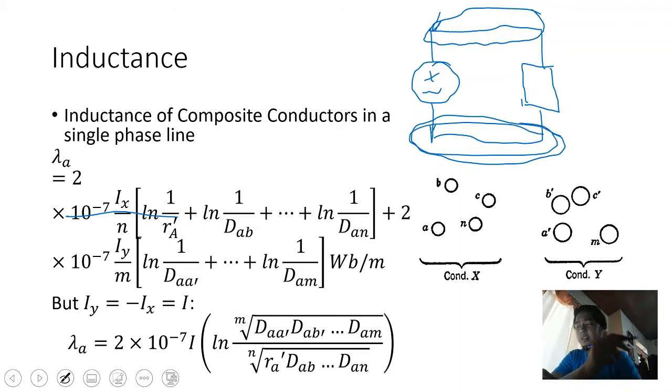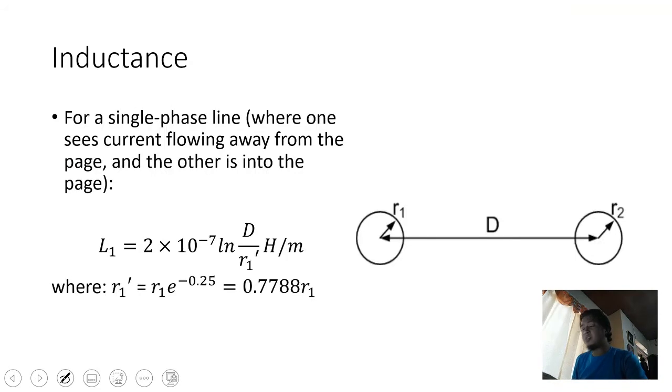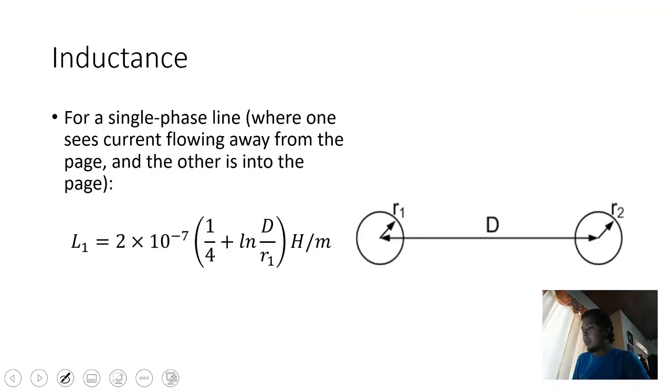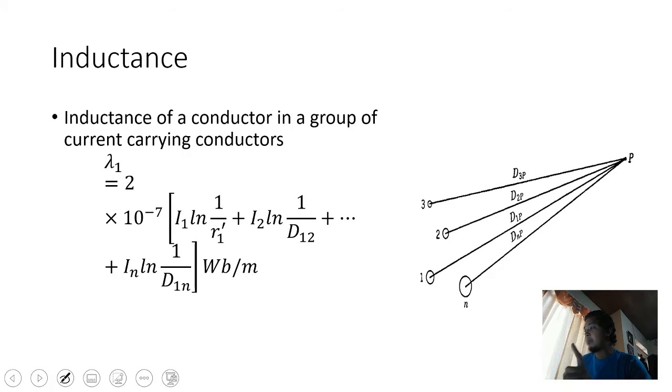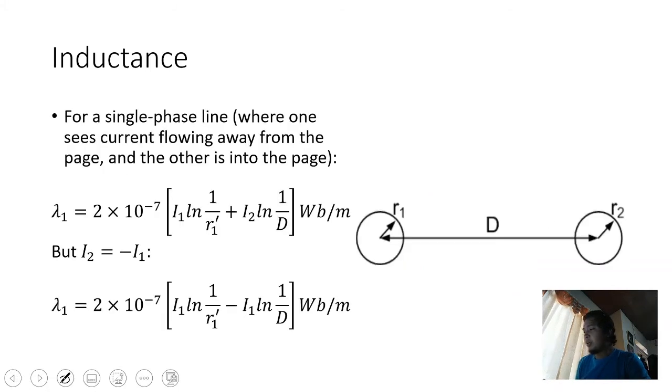Now take note that in our previous discussions, our formula for inductance was for a single wire. That is the inductance of a single wire. When we have multiple wires, we get the inductance as the inductance of one wire plus the effect of the other, neighboring wires. Okay? Now, what's interesting here